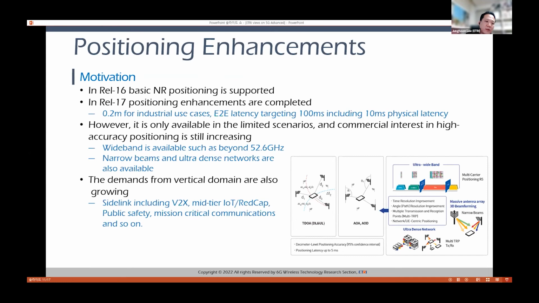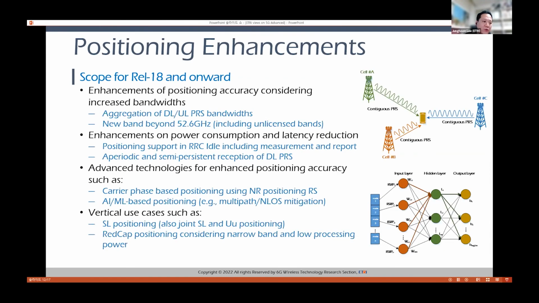safety, and so on. Positioning enhancements are also included in release 18, and in this case, most objectives are quite aligned with our proposal. For further enhancement of